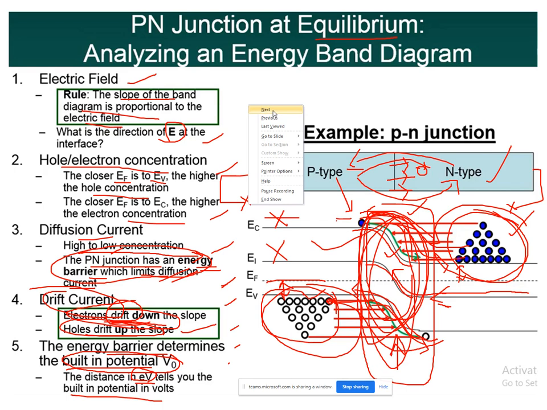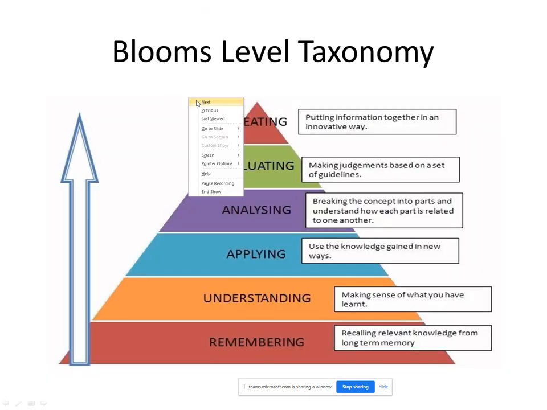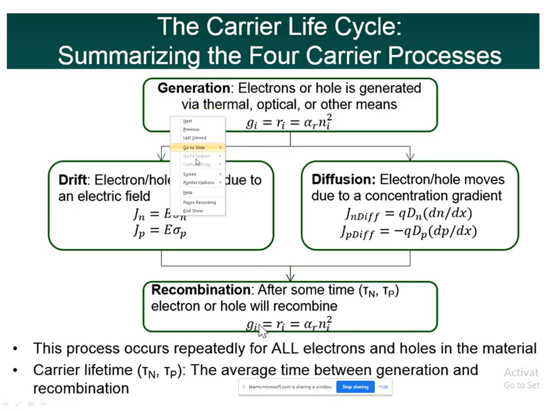So moving further, let us conclude this session with a summary. What is generation actually? Generation, how holes or electrons are generated. This is the summary of a few classes. How are electrons and holes generated? It is generated either thermally or due to some other cause, but ultimately, whenever the electron or hole gains energy, they are generated.